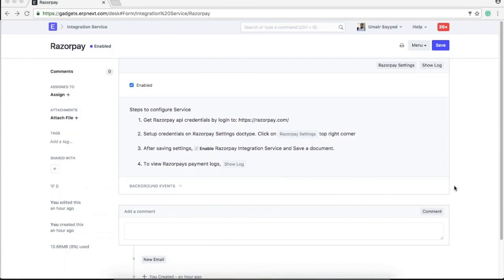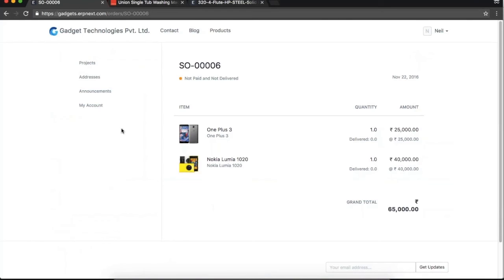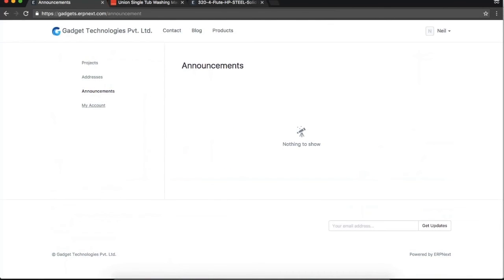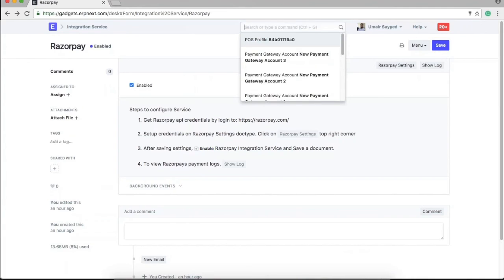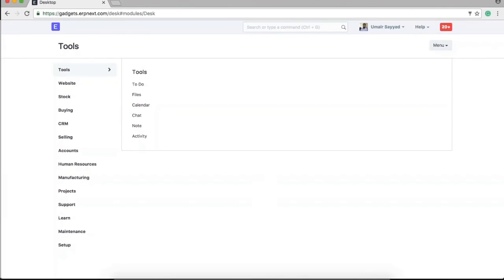So we have the first query: how will a customer see order history or tracking of orders? When customers log in, there'll be a section here where they'll be able to track their orders. You can also configure what the customer will see when they log in. So in the website module,